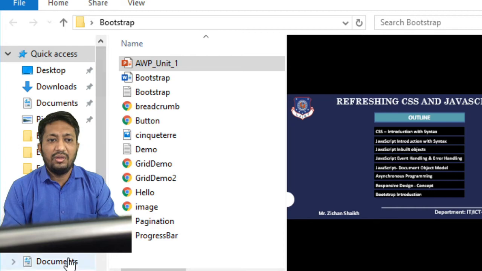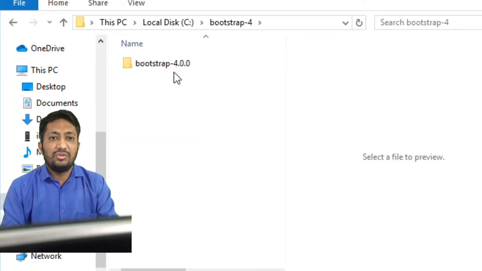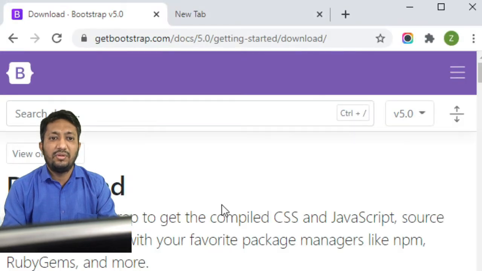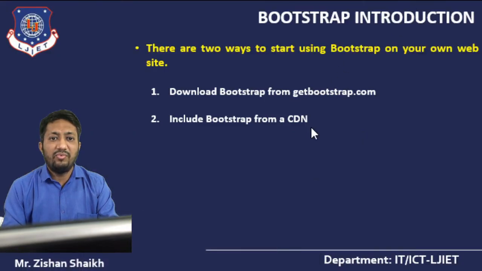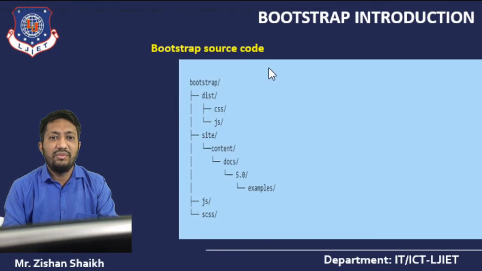In my C drive I have already installed Bootstrap 4. This Bootstrap package has a number of directories. So this is the first way to download Bootstrap. Now let's see what packages are available in the Bootstrap source code.